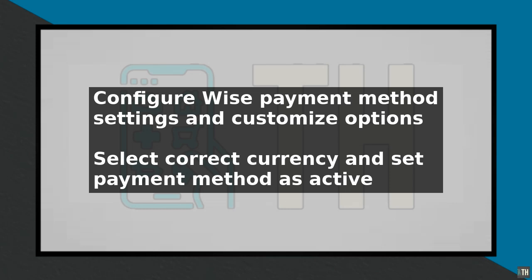Make sure to select the correct currency and set the payment method as active to enable it for your customers. Once you have configured the Wise payment method settings, click on the Save button to save the changes. Wise is now added as a payment method to your Shopify store, and your customers can start using it to